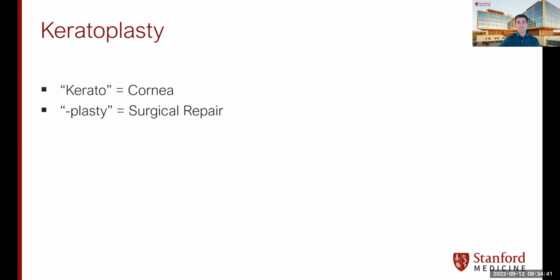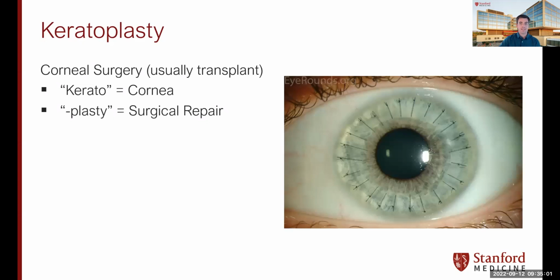Yeah, so that's exactly right. So kerato is actually the cornea, and this is tricky because keratin is present in a lot of different spaces and is present in your skin in a lot of different spaces. But in general, kerato speaks to the cornea, and then plasty is surgical repair. So this is corneal surgery, and usually is corneal transplant. So this is a situation where you do a corneal transplant for things like